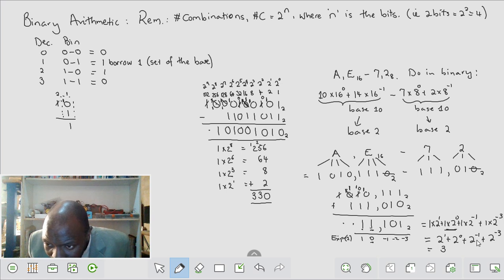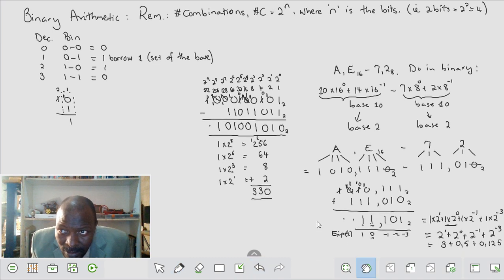That one there is plus half, plus an 8, and 1/8 is 0.125, and then probably you'd fancy giving your answer there as 3.625. If we had been asked to give our final answer in decimal, then you'd have to